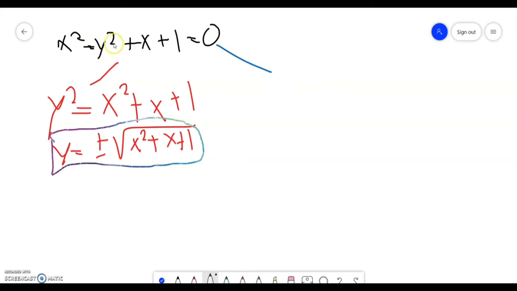Basically, we need to complete the square of x squared plus x. Basically, what would that be? It would be x squared plus x plus 1 over 4 minus 1 over 4